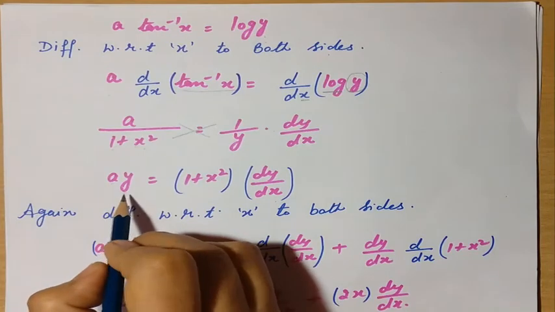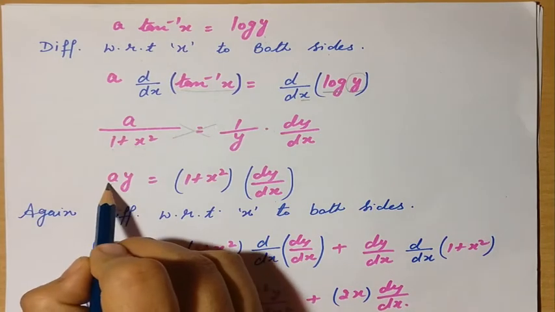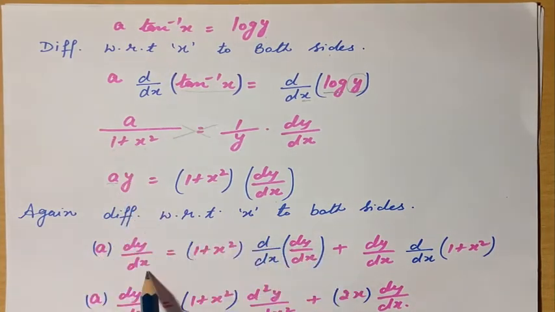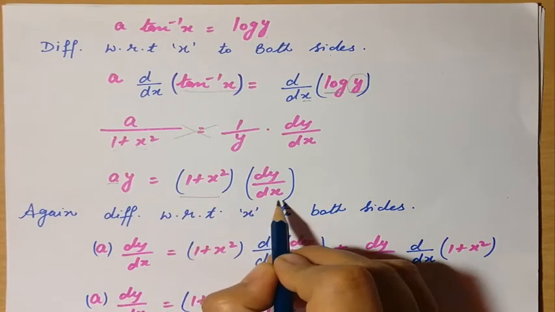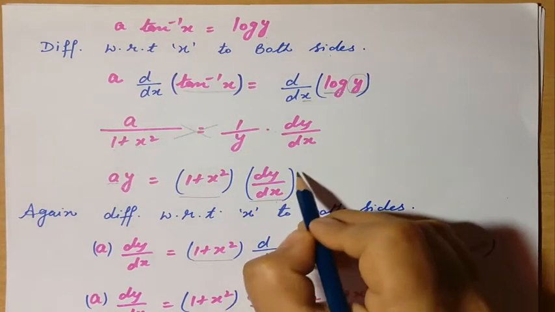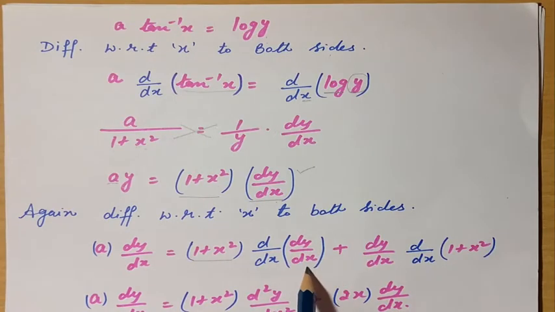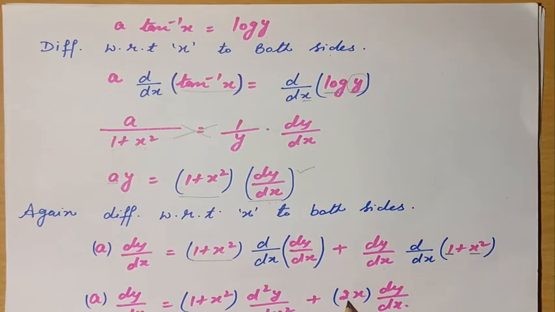Now, because we have to prove it for the second order, as given in the to-prove condition, we will again differentiate the function with respect to x. When we differentiate, a is a constant, and we differentiate y with respect to x. Then for 1 + x², we again apply u into v: u times the differentiation of v, which is d²y/dx², plus v times dy/dx, the differentiation of 1 + x². Now the differentiation of 1 is 0, and the differentiation of x² is 2x.